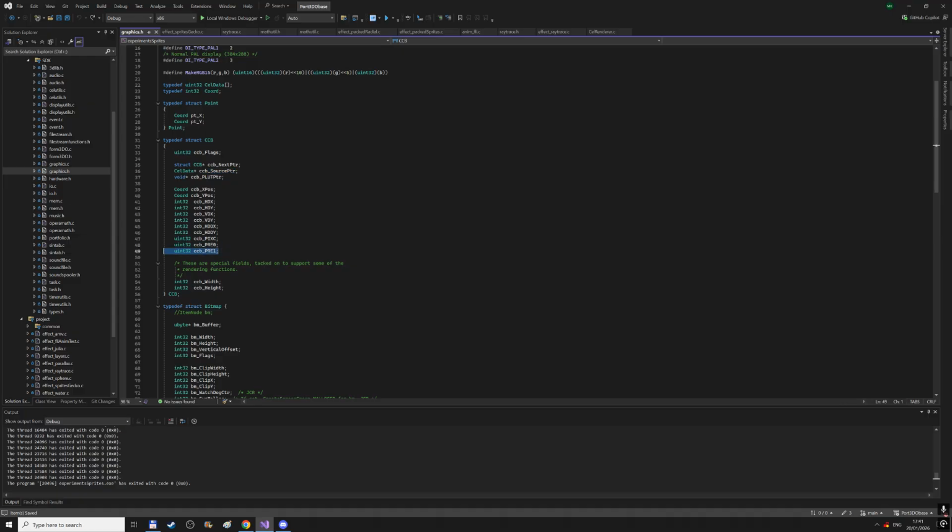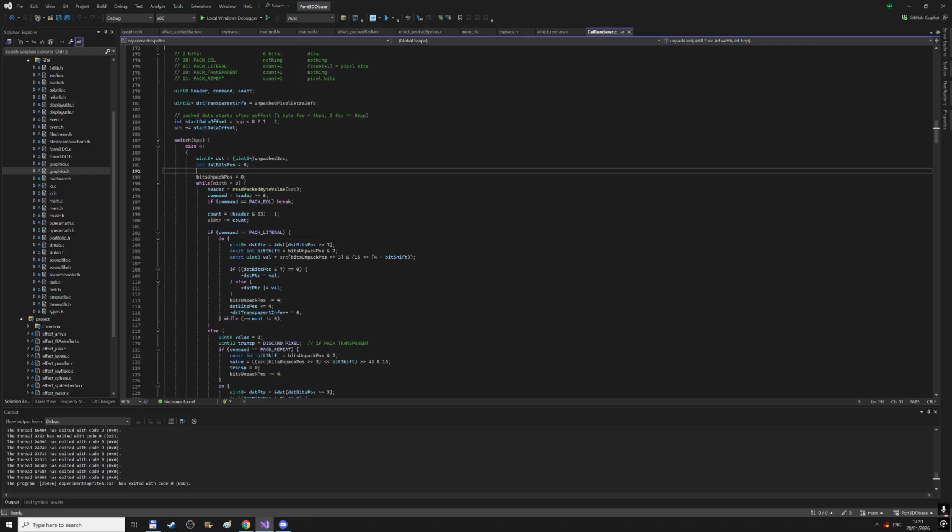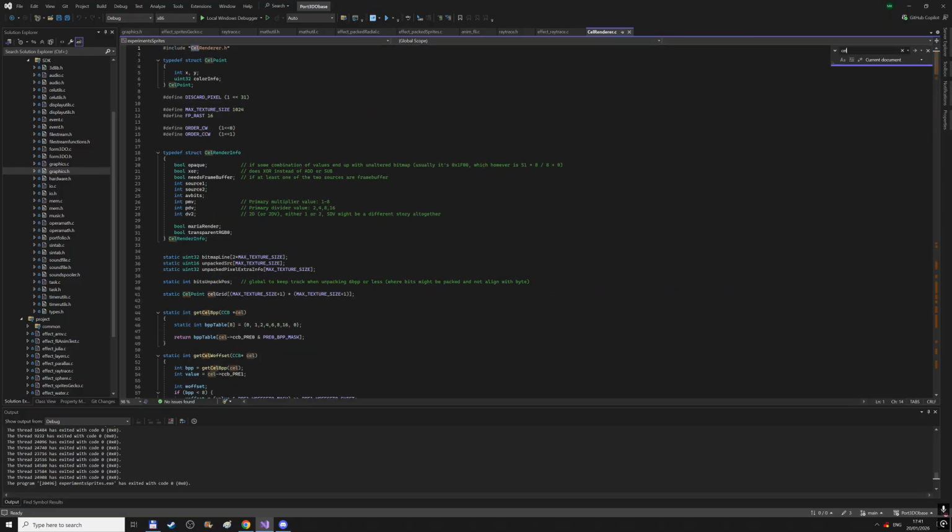So you could remove entire parts of your struct and make the structs much smaller, which is good for memory and possibly for speed. But imagine all my CEL renderer was going and saying, okay, give me